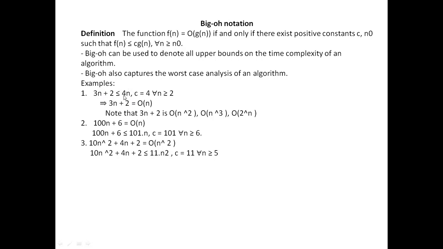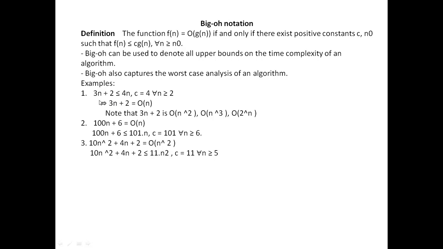So here this 4 is the constant C mentioned in the definition. And what is this n naught? It is the value 2. From the value 2, this function is bounded by this function.